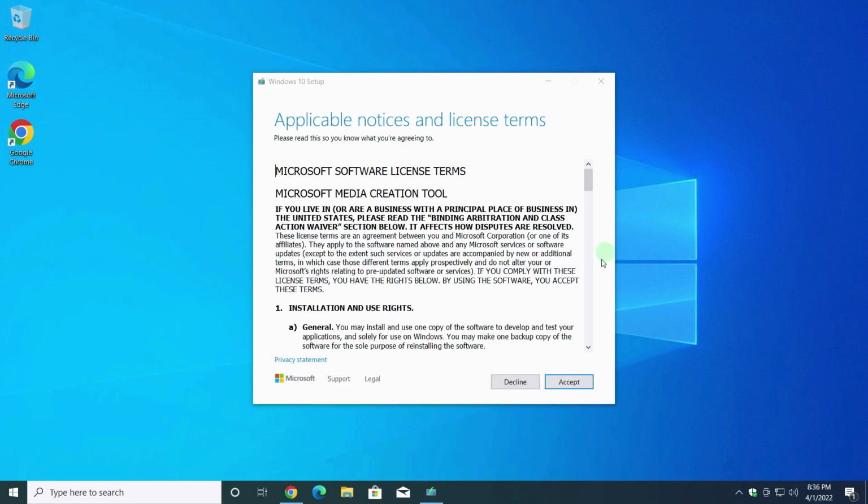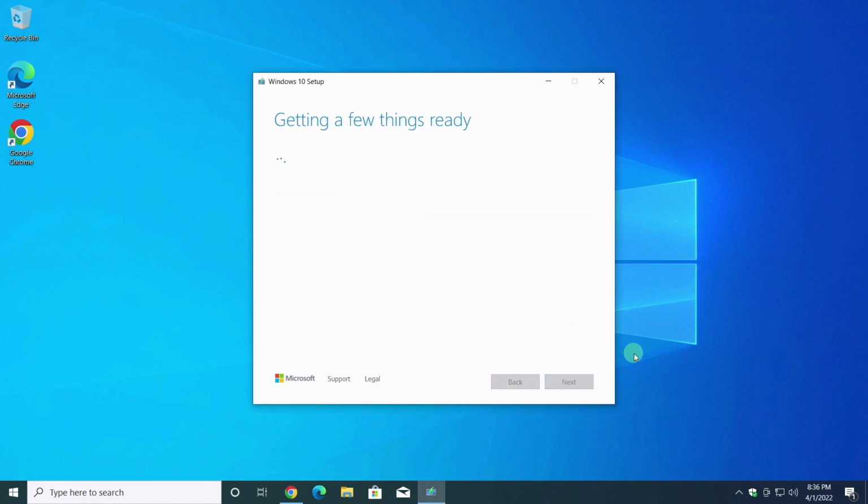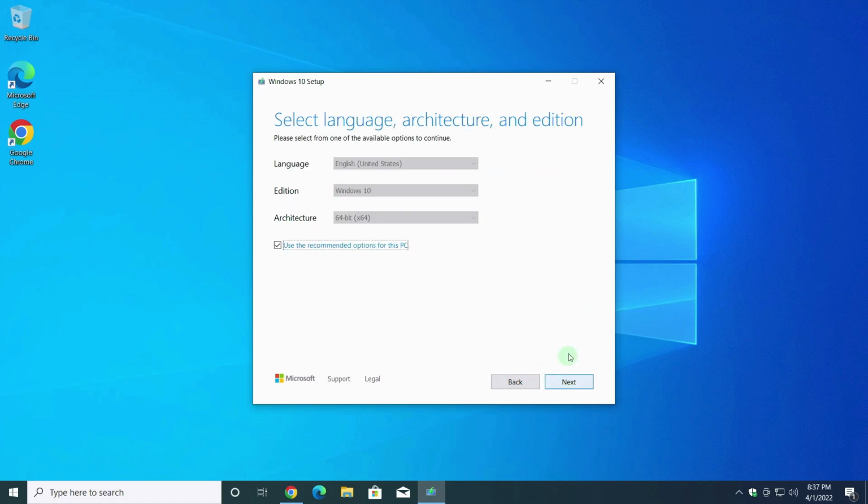In this window, I accept the license. To download an ISO file, I choose the second option. Click Next. In this window you can select the language and system bit depth.